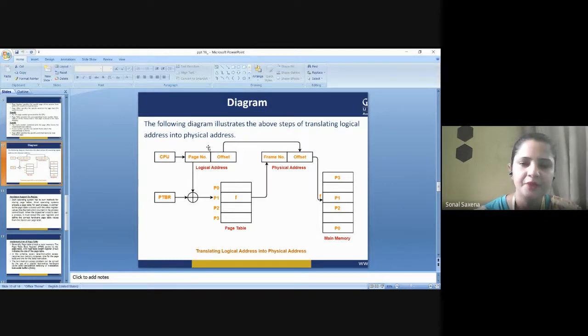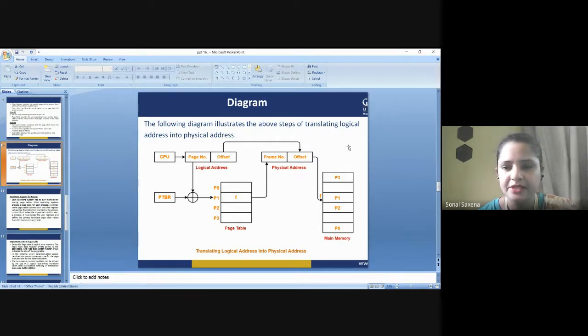It is very simple. You are going to store your pages with the help of a page table, and every partition of your process, every page of your process, will be assigned a frame number which shows at what memory location, at what frame, your particular process partition is staying in the main memory. Similarly, P0 will have a frame number, P2 will have it, P3 will have it. In the very same manner, we take the frame number and add the offset to it. This will give you the actual address of your process where it is residing in the main memory.